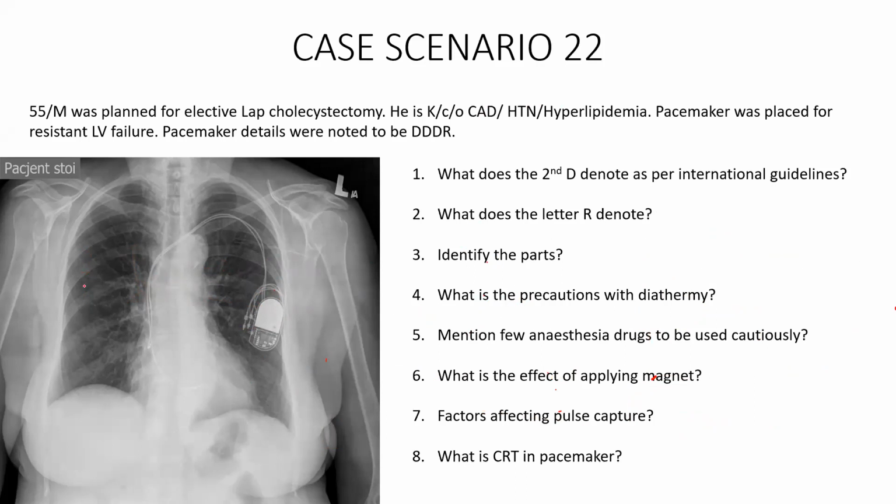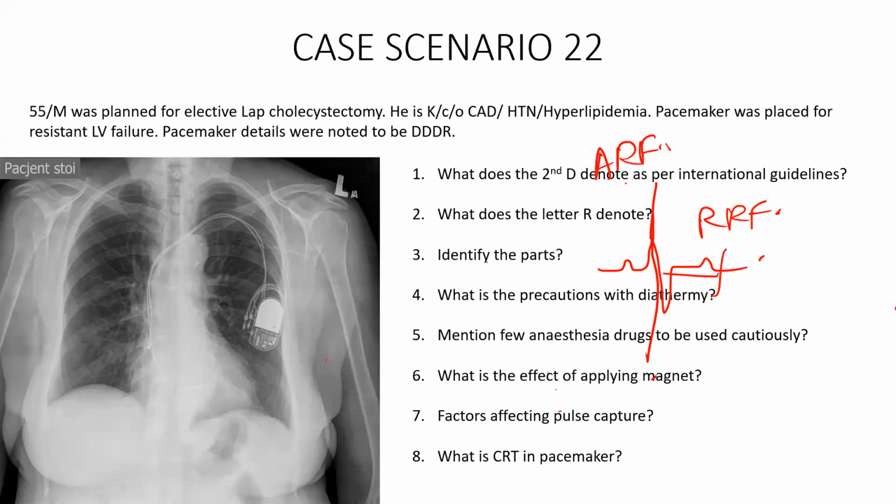Sir, the R on T phenomenon, sir. The R on T phenomenon is nothing but, right? Right. So, as I said, the basic concept is the absolute refractory period and relative refractory period. Until the QRS complex, the initial 2/3 of the QRS complex, the heart is going to be in the absolute refractory period. And the later part of the QRS complex and the ST segment is in the relative refractory period.